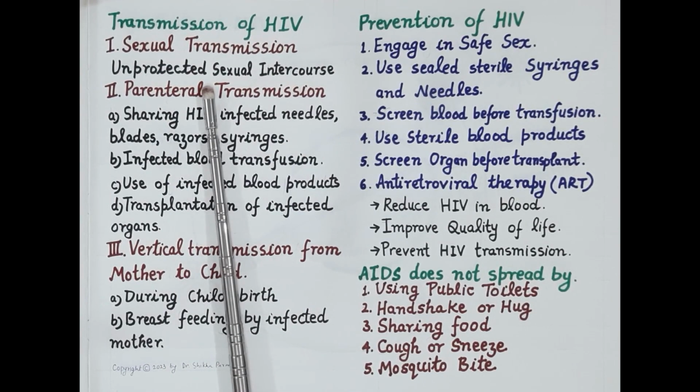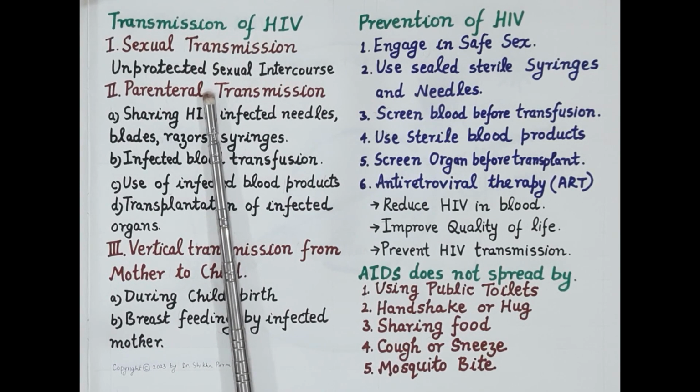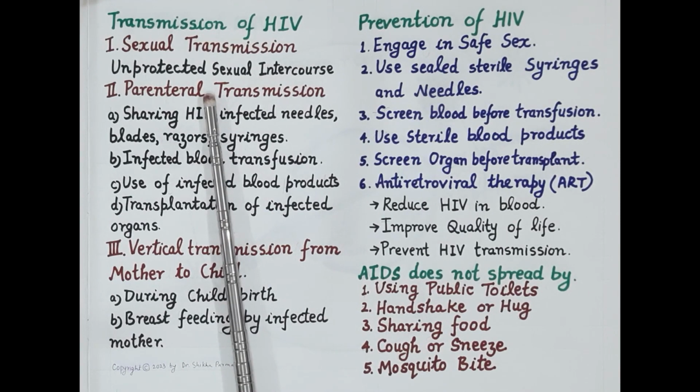Now unprotected sexual intercourse with an infected partner accounts for around 75% of HIV or AIDS cases. So HIV or AIDS are primarily transmitted by the sexual route. Now HIV is transmitted from vaginal and cervical fluid of women, and HIV is also transmitted by the seminal fluid of men, and it can be transmitted from male to male, from male to female, and also from